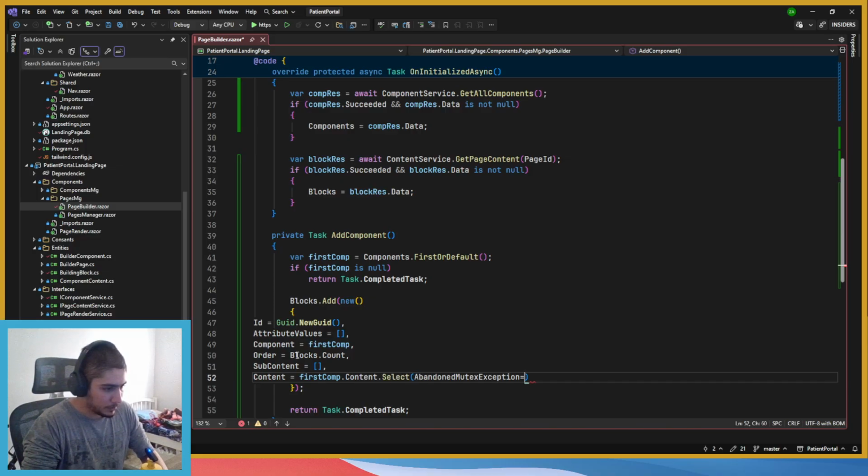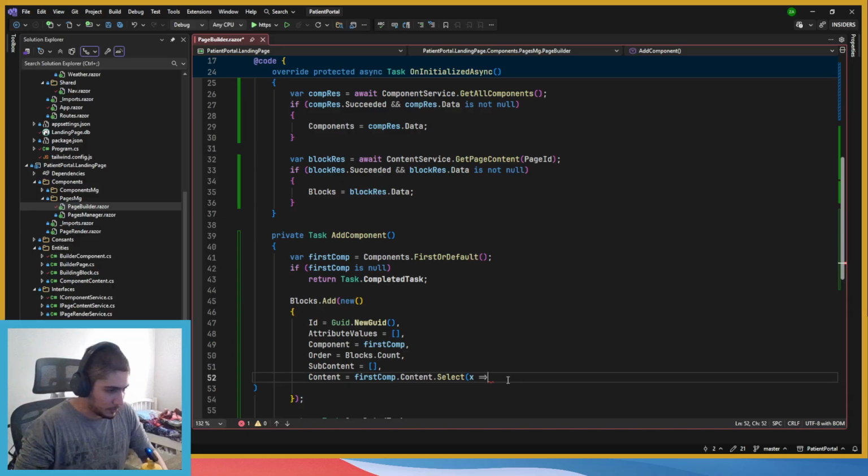Select. So what we're going to do is, okay, this one is a dictionary, so we need to return an enumerable to dictionary. I don't know how to do it. No, actually I kind of know, but I don't want to.